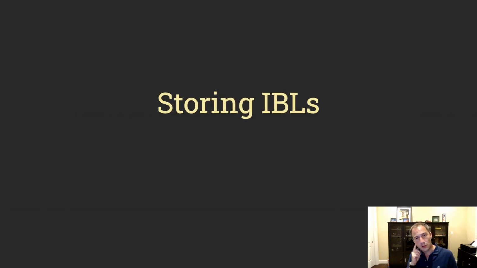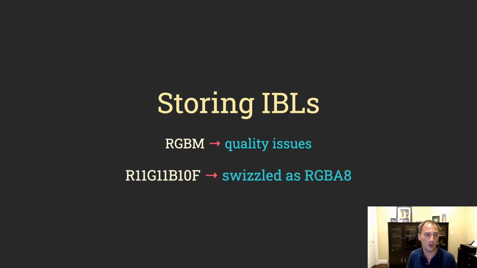So storing the IBL is a bit of an issue on mobile. They contain HDR data, and because we target ES3 devices, there's no good suitable compression formats for textures that store HDR data that's available on all devices. So we were initially using RGBM, but when we had to add support for those really high dynamic range environments, RGBM just didn't work anymore. We couldn't find a shared multiplier that worked across the range of dynamic range that we needed to support. So instead, we used a small float format, so R11G11B10F. We lose a bit of precision in the darks, but we can swizzle it as RGBA8, which means we can store it in PNG files.